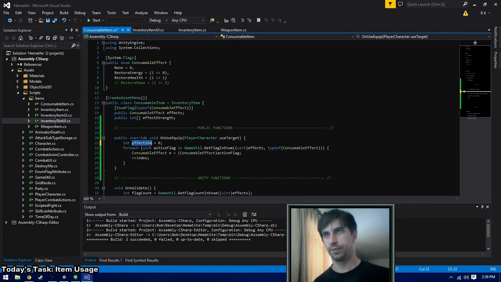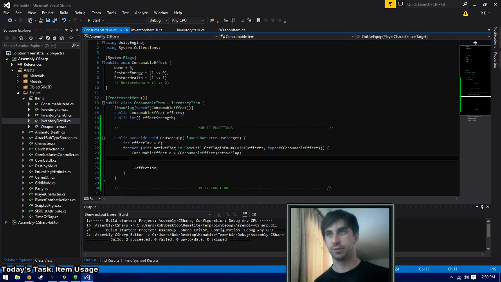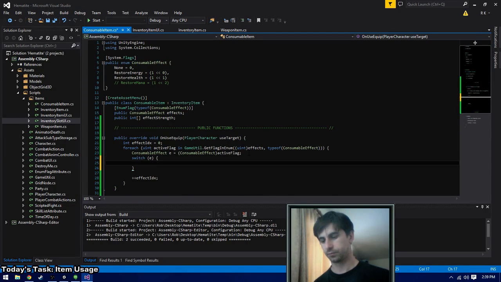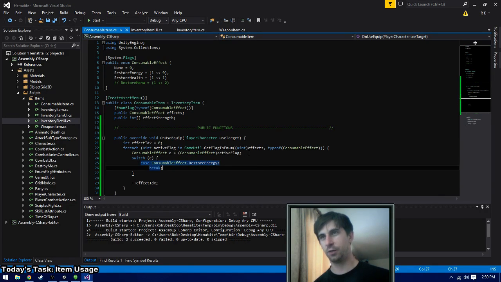There we go. I just want to make sure I have an index so I can get the correct effect strength out. So for example, we can just switch off of E. And if we have a restore health, for example, actually let's do these in order of the actual enum, just so we're not losing our minds. So if we want to restore energy, then we